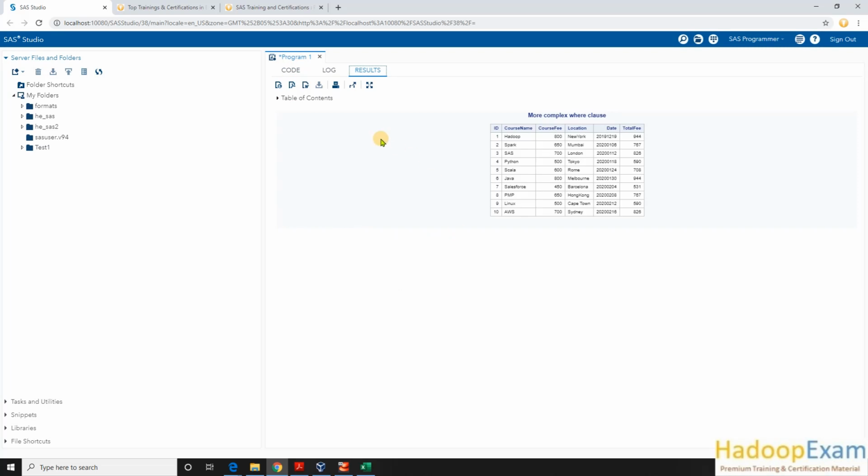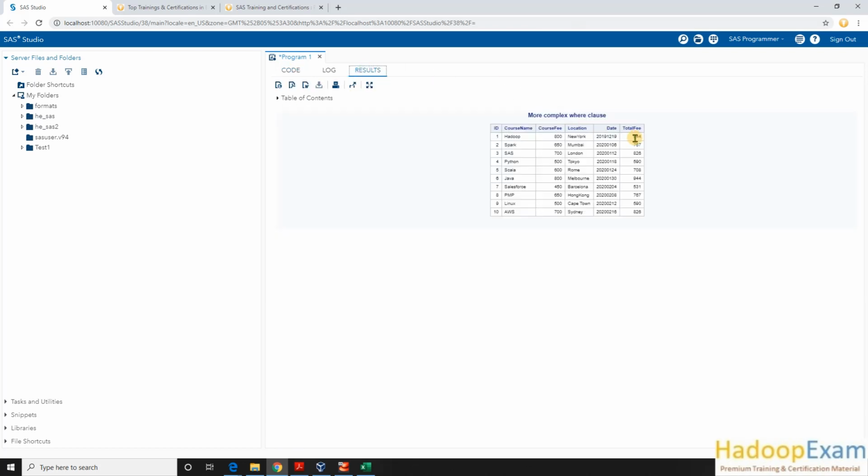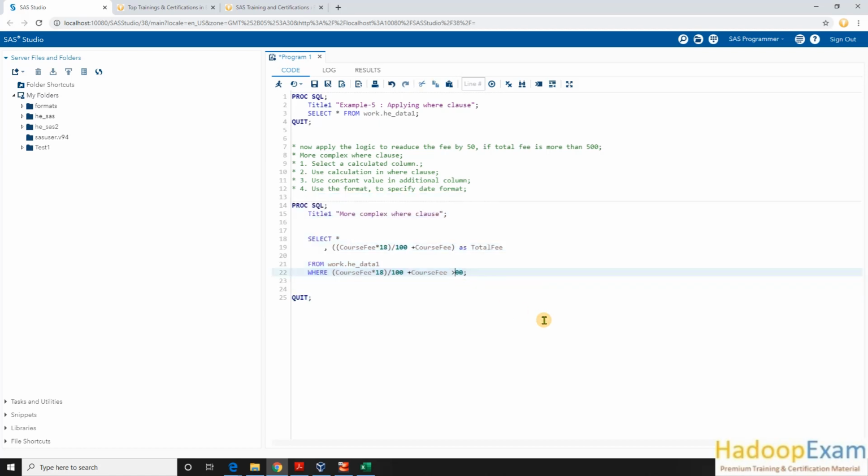What it is doing here is that wherever total fee is more than 500 is given in the output. In my case all 10 records have more than 500 fee, correct? So let me put one more condition where total fee is greater than $800. Then how many records in the output?